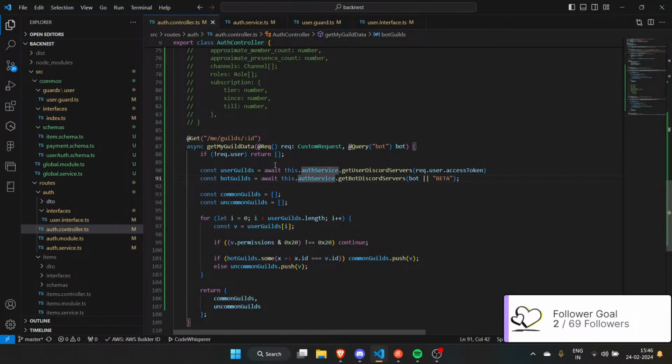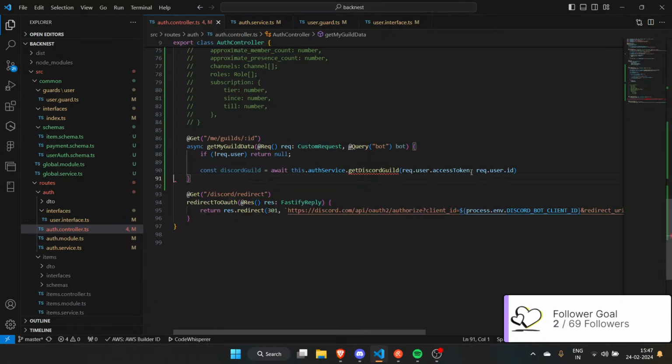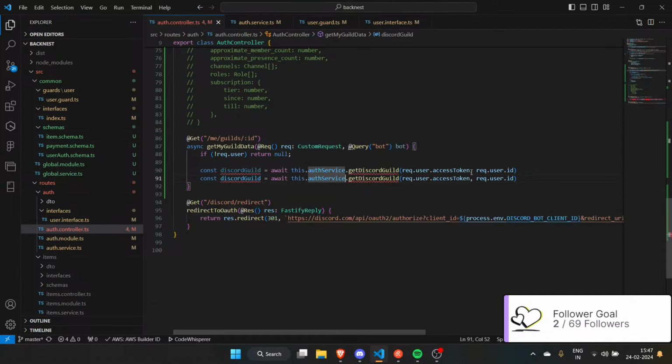Okay, so we will get Discord guild, and I'll call it Discord guild, and we will give it the access token, and we'll give it the request.user.id. Here we'll do null if that doesn't exist. We need to get the Discord guild, and I'll need to remove all of that. Then we have a global service, I guess. Okay, I just do auth service and get guild data only.